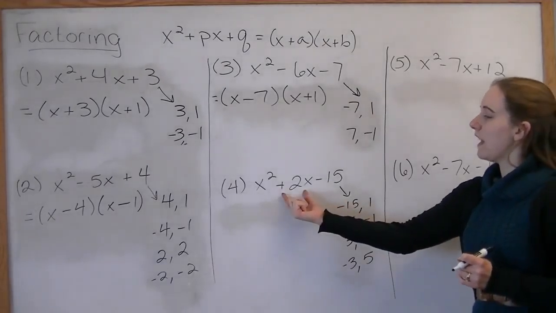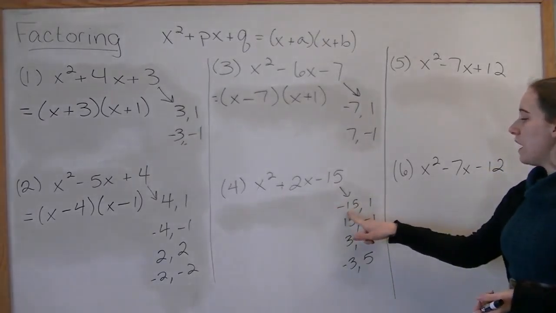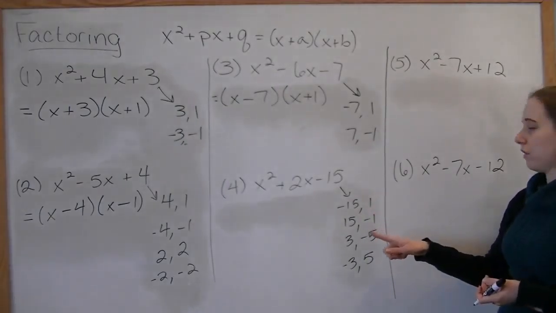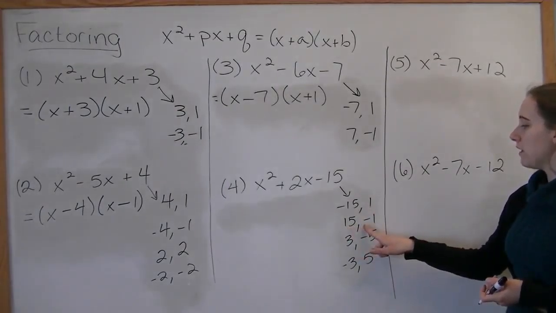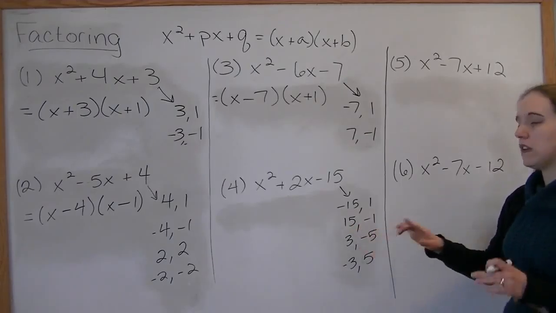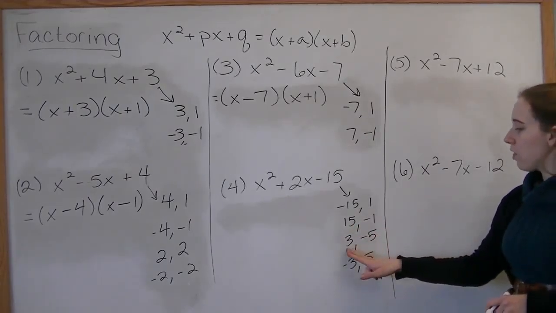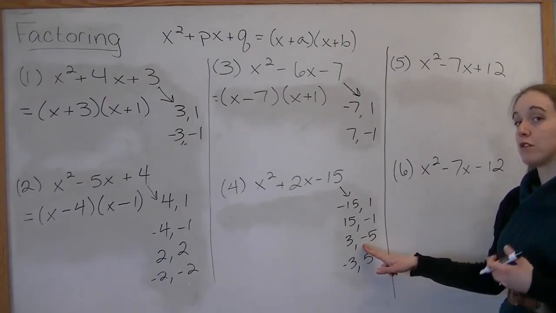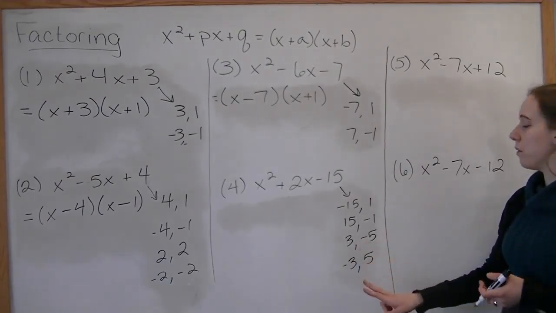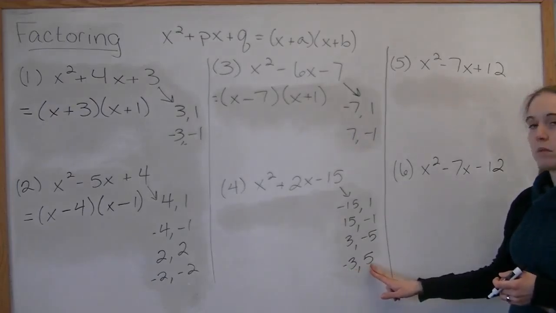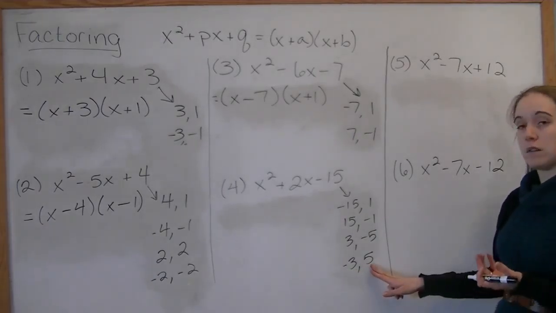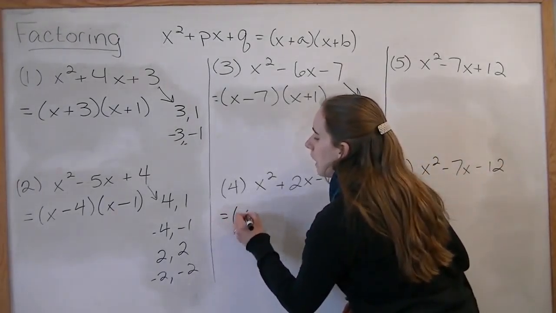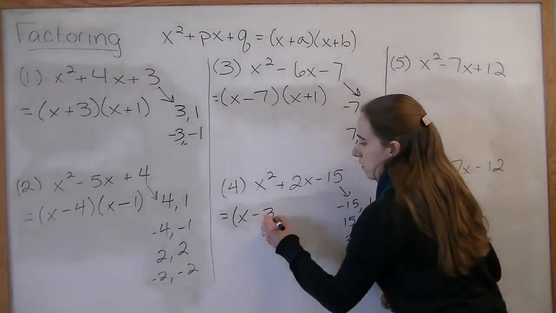So we want the one that adds to 2. So negative 15 plus 1 is going to be negative 14. It's not what we're looking for. 15 plus negative 1 is going to be 14, not what we're looking for. 3 plus negative 5 will be negative 2, which is close, but still not what we want. But negative 3 plus positive 5 does give us a positive 2. So this is the pair we want. So we'll get x minus 3